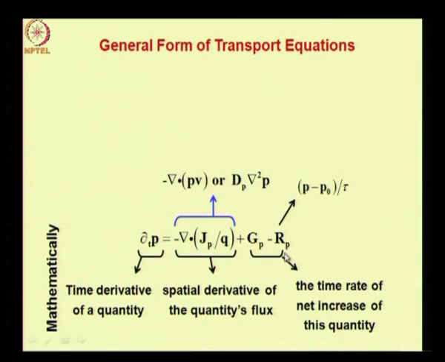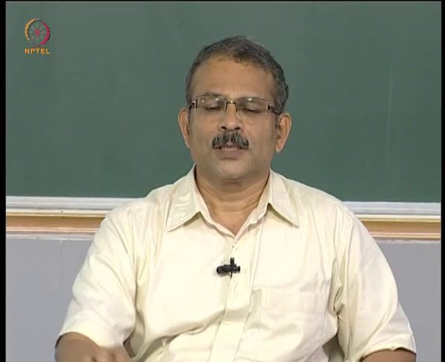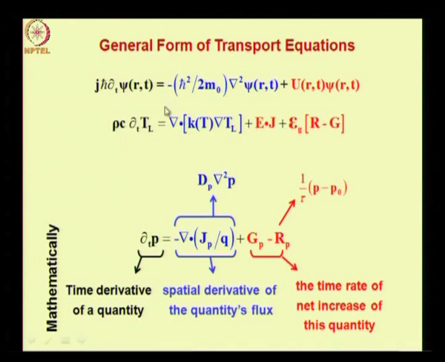Similarly, the loss in holes because of electron hole pair recombination is represented as the deviation of the hole concentration from equilibrium multiplied by 1 by tau. So a constant into the quantity, that is the form. So this form also is useful to note, because in many physical situations we will find this form being used. So let us now just summarize all the equations and show how they can be cast in the form of this equation. Now let us look at the Schrodinger's equation and the equation for heat flux.